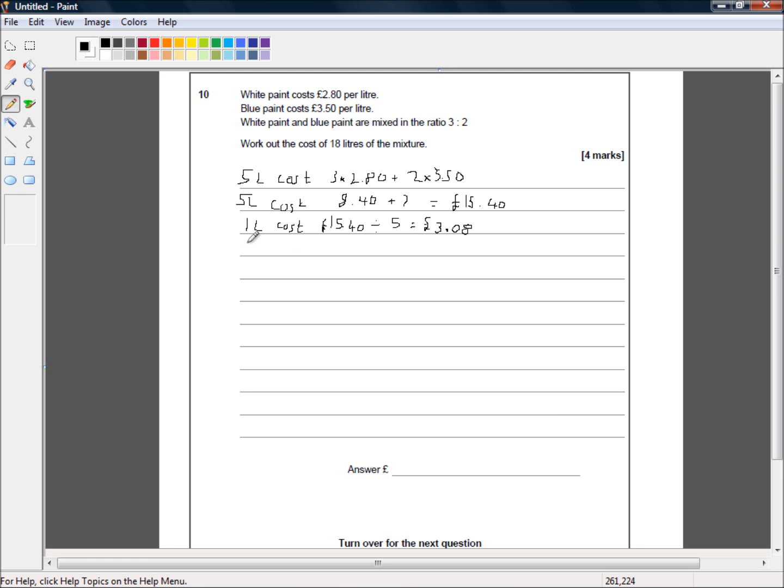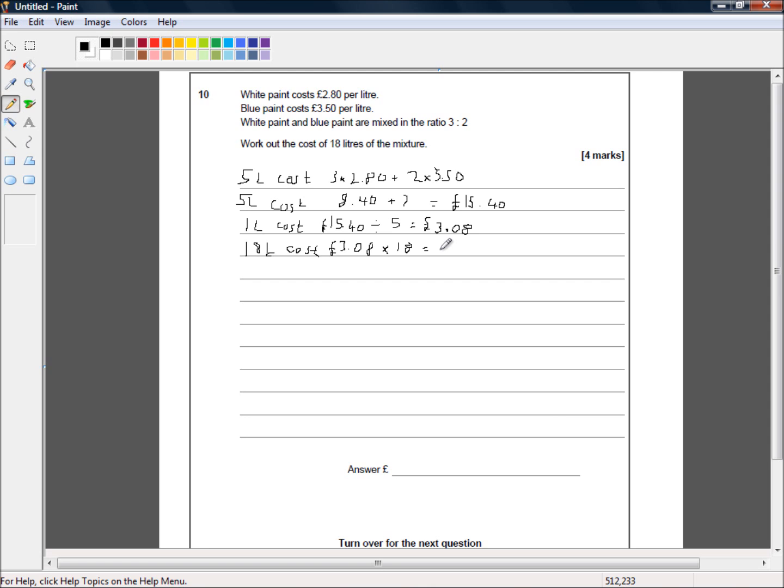Okay, so now we want to know how much 18 litres costs. And that's very simple. We've got the cost per litre is £3 and 8p. So all we need to do now is multiply by 18. So 18 litres cost £3.08. I'm going to put the pound sign in so we know we're dealing with currency. And that's multiplied by a quantity of 18 litres, which is equal to,